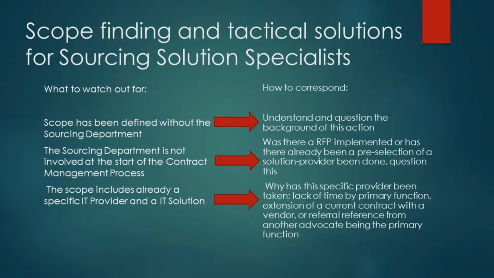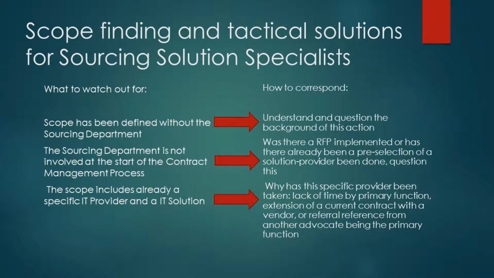So I would look at the next, which is the scope, including already a specific IT provider or an IT solution. Again, why has this specific provider been taken? Lack of time by primary function, extension of a current contract with a vendor, or referral reference from another advocate being the primary function. So it could be, for example, a lack of time by the sourcing specialist that they,